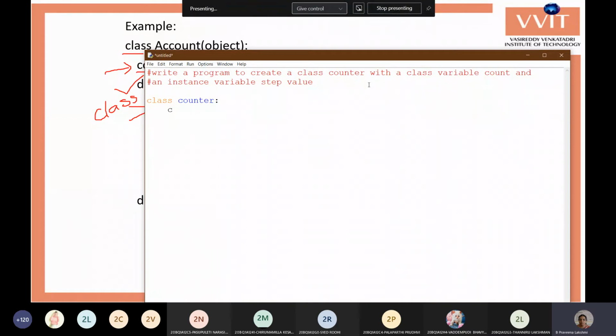We will create a count variable and a constructor, init. I want to send some value n, and I want to create one instance variable, self dot, two underscores, step.